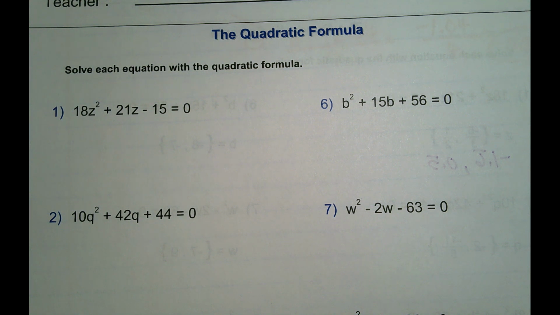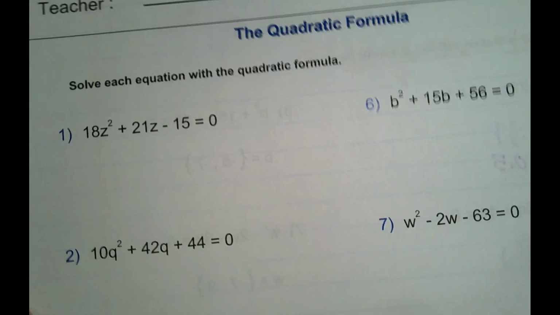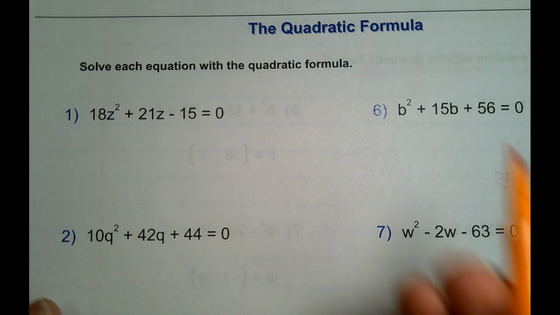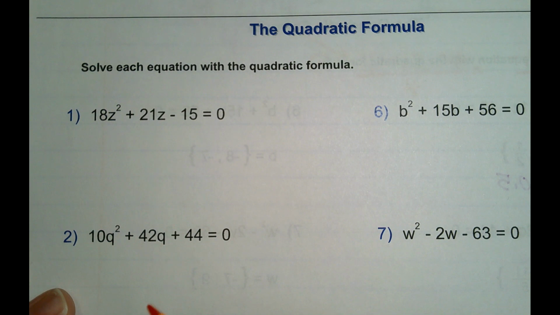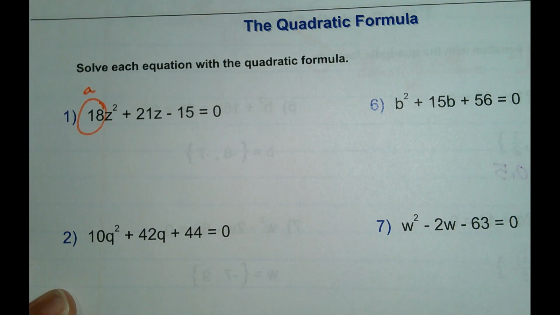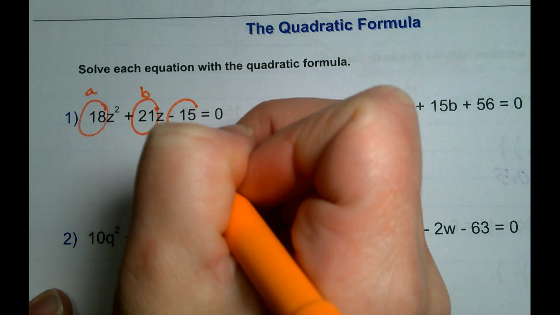All right, guys. We've had about 25 minutes to work on these, so I'm sure we've gotten quite a few done. It's okay if you didn't finish all of them, though. Let's just look at some of these together. So let's start with number 1. Okay, what do I need to do first? Yep, let's find A, B, and C. My A is 18. My B is 21. And my C,